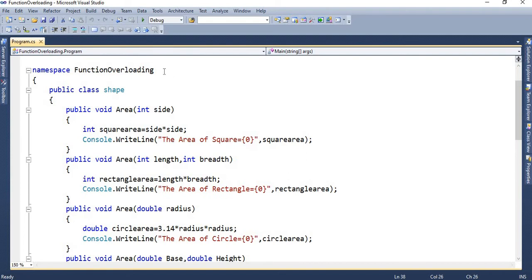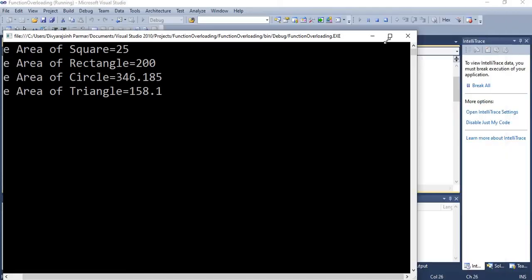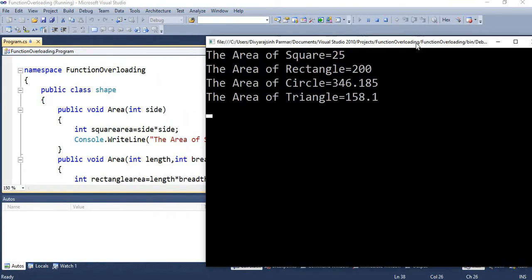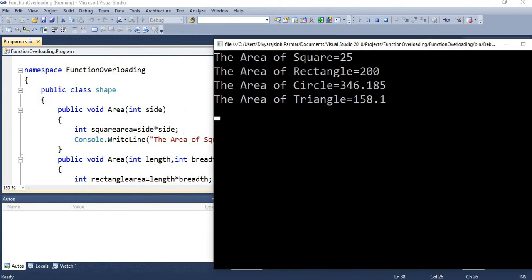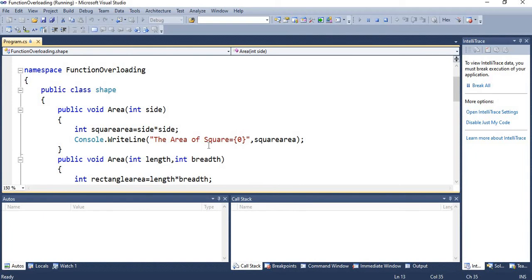Now we are going to execute our program. Let's see how it gives us output. So here you can see that the area of the square is equal to 25, which is mentioned in the first function.